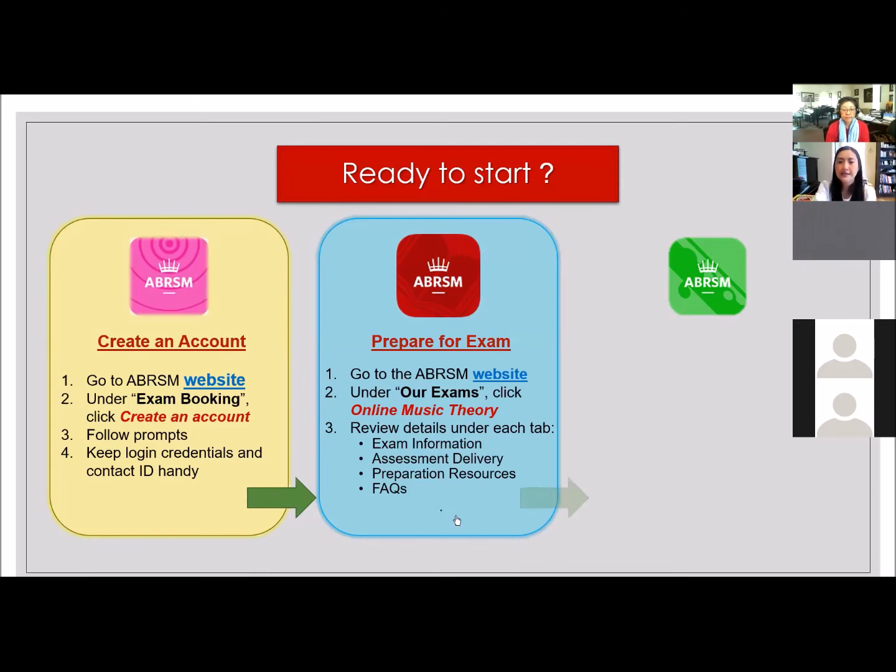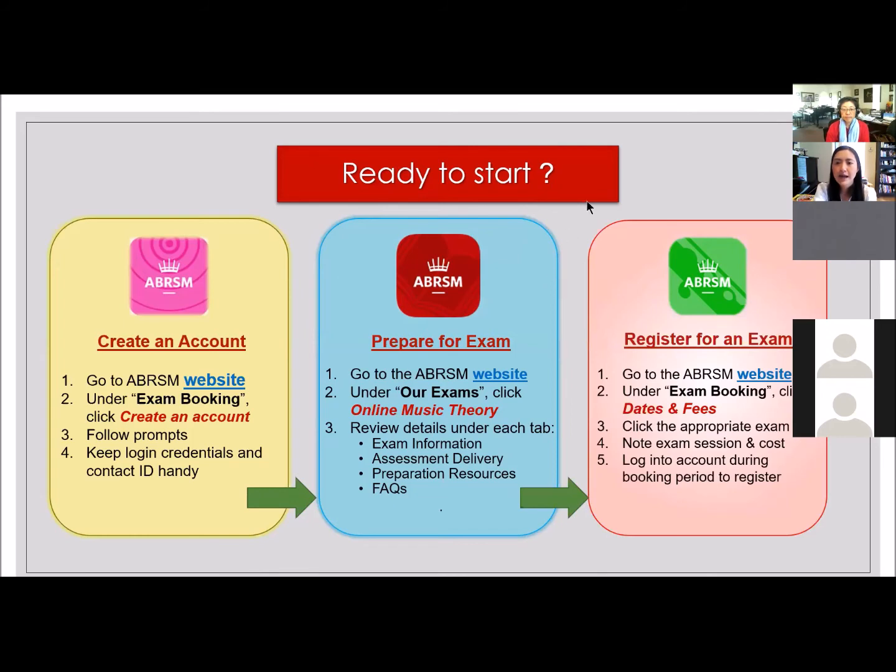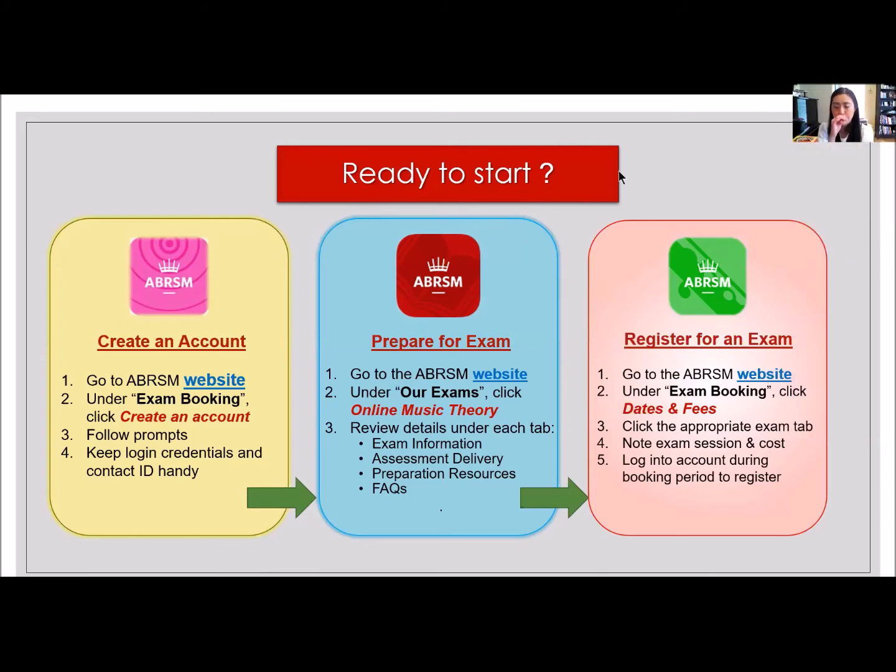Then after that, we register for the exam in the same portal. Make sure you check the dates and fees so that you know what's required. It's after that point that you run the system checks. All of the technical things that I talked about will not happen until you have done all 3 of those steps: getting a portal ready, preparing, and actually registering for the exam.